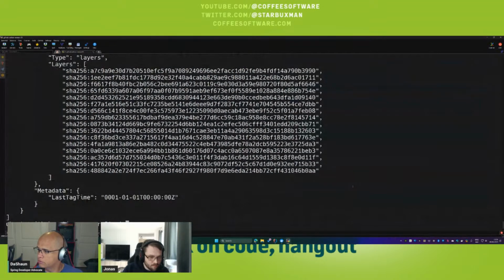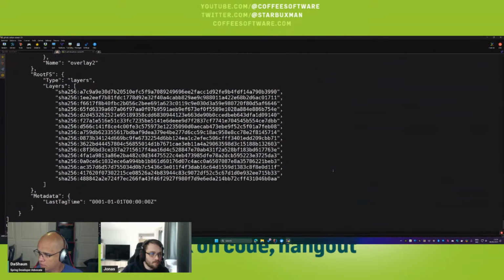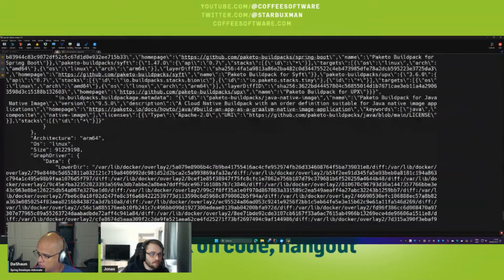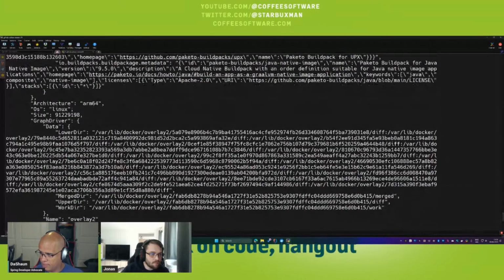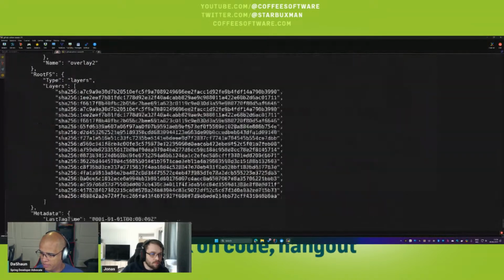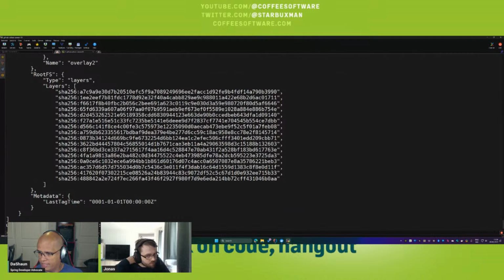No such image. Oops. Oh, how about this one? I'm gonna pass it the image ID. Docker image inspect image ID. There we go. And then that is going to tell me